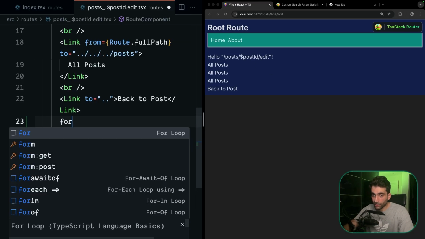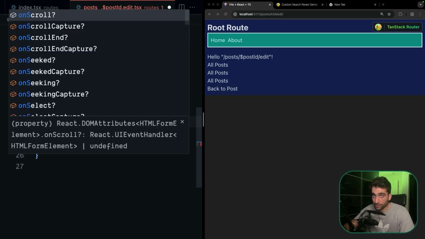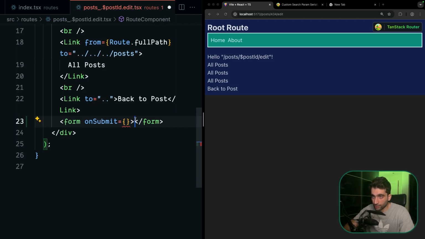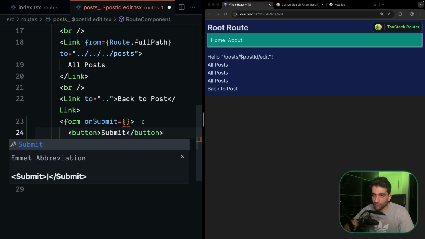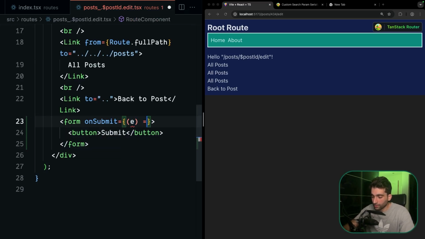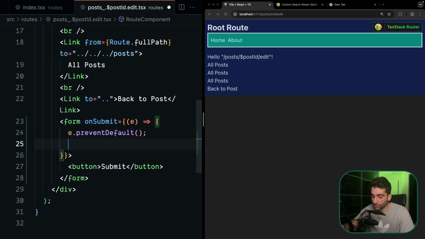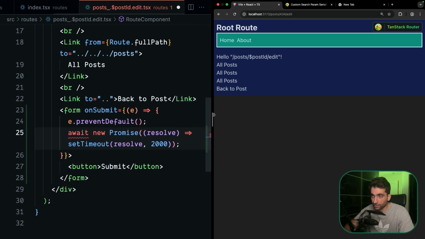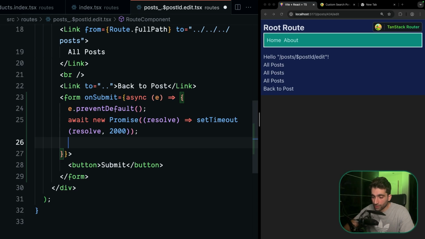So let's say in here, we have a form. And let's maybe not have an action. Let's have an onSubmit handler. So onSubmit. And in the form, let's have a button to submit. And now in submit, in our event, let's call event.preventDefault. And let's maybe simulate that we're doing something by adding some fake timeout here. Let's also make this async. And after this timeout, let's say our post is now saved and we need to navigate back to the post